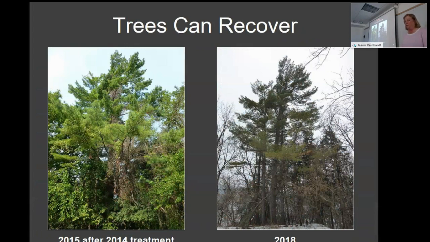respond really well. So here, this is the same tree. It might not look like it, but it is the same tree. So there were vines growing up it. In 2014, those vines were cut and treated. So you can see the brown on the left, the brown of where the dead vines are. And then you can see some re-sprouting from the ground. So there are underground stems. They're starting to send up new shoots. So that's what you see at the base of the tree there. That's all that green. So then there was a retreatment in